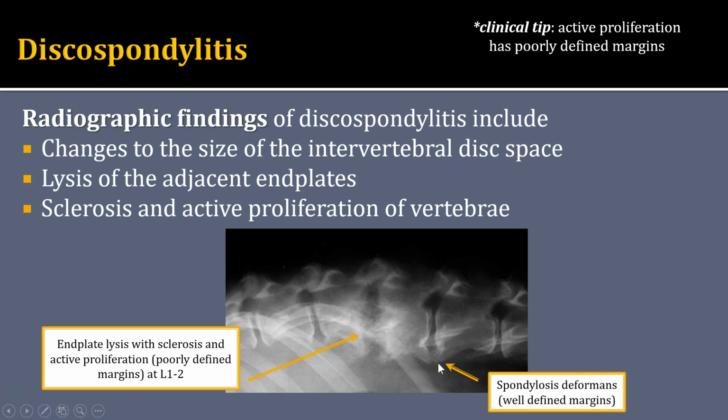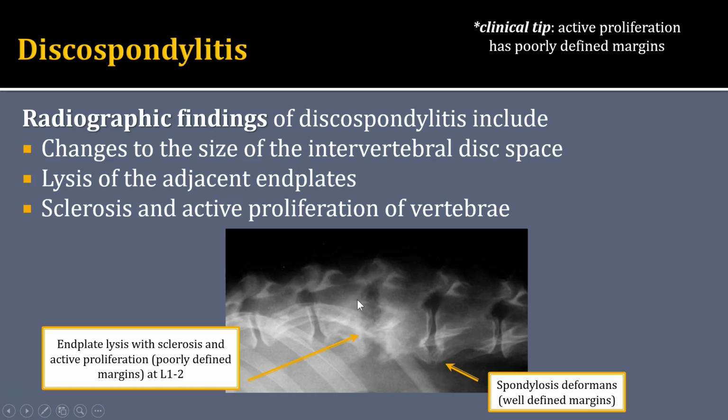This is a lateral view of a patient that has discospondylitis at L1-2, and what I notice is that there's a change in the intervertebral disc space, which is wider than expected, and that is really due to the fact that there is this irregular lysis of the caudal end plate of L1, as well as irregular lysis of the cranial end plate of L2. Compare what the length of the vertebral body should be when you look at L3,